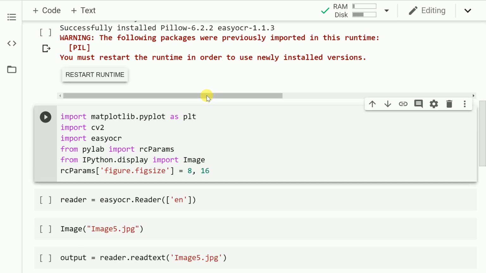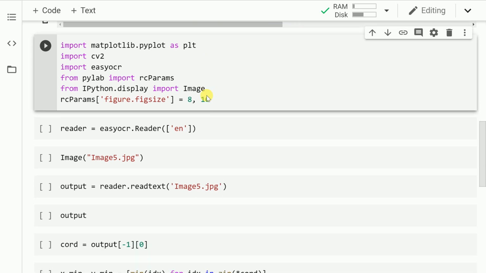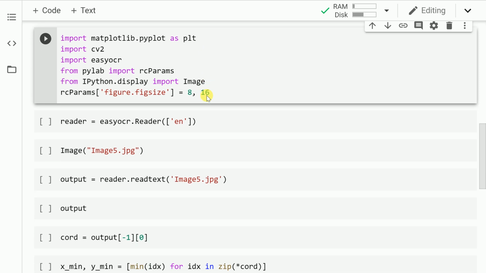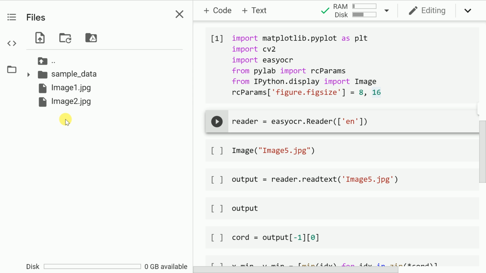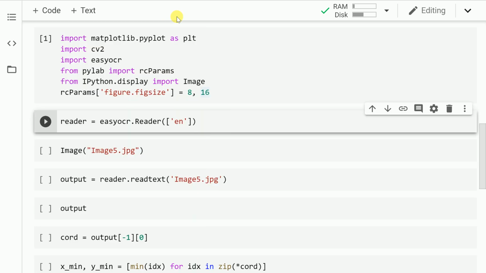Now let's go forward and actually import the necessary modules that are required for this walkthrough. So let me run this cell. Before I go forward and download the pre-trained model, one thing that I wanted to show you is I've already imported two images, which is image1.jpg and image2.jpg, that I'll be using for making a prediction and actually finding out the text in the images that are there. So that is what I wanted to show you.